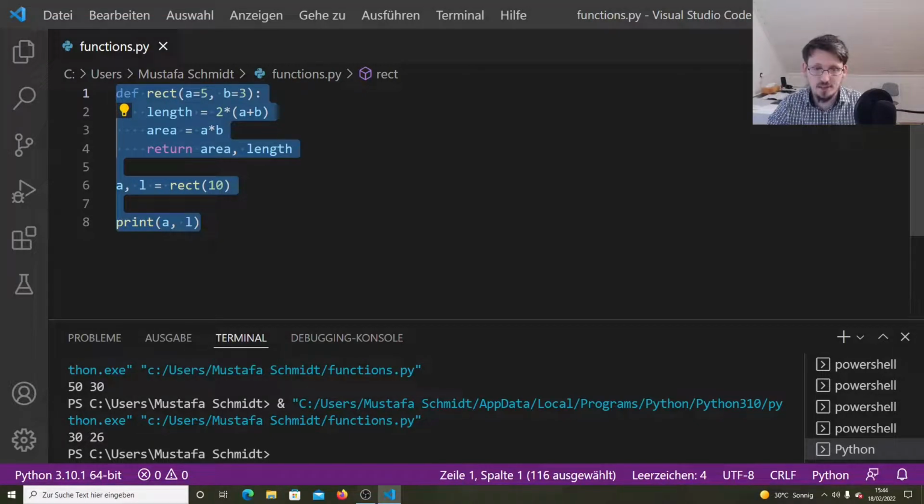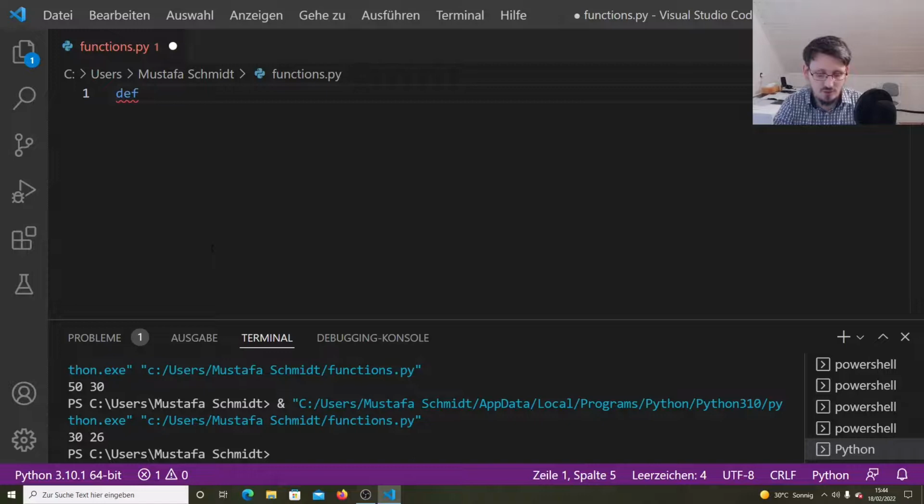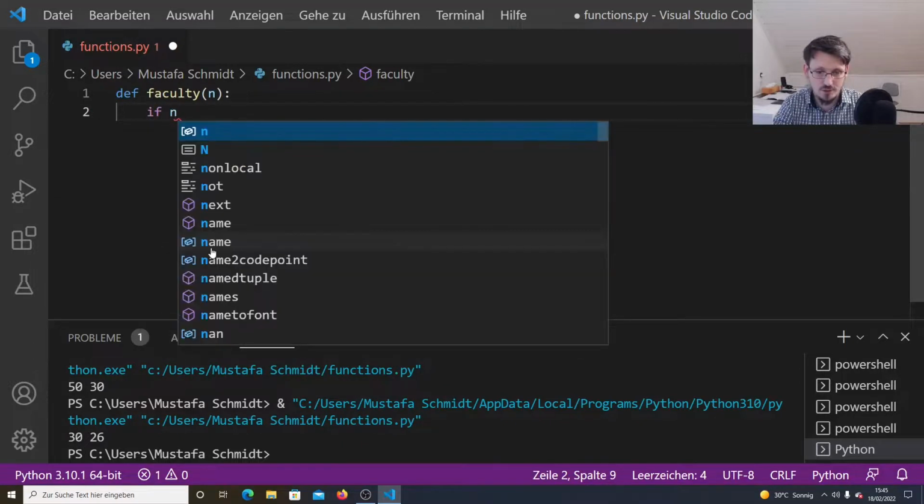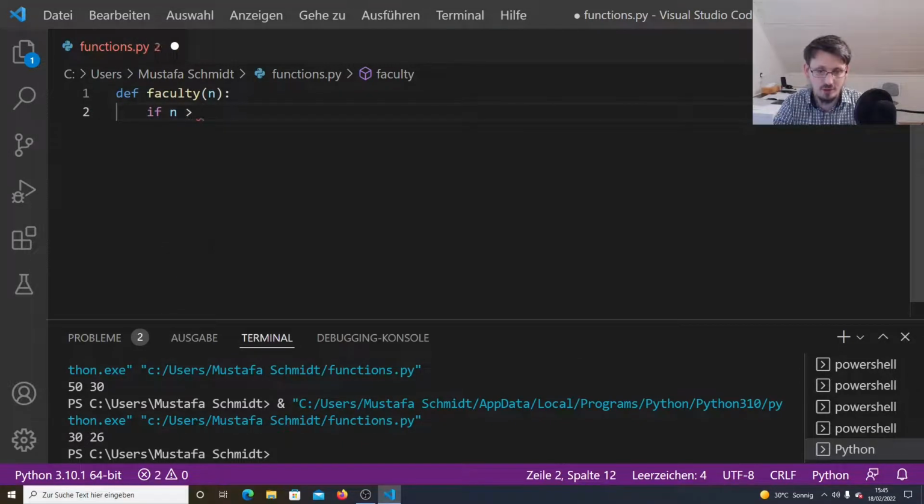Recursion basically means that a function is calling itself again and again until a specific condition is reached where it stops, and then it returns a certain value. And this we will do now. As I said, we create a new function which we call maybe faculty. I think this is the easiest recursive function that you can define, and the parameter, the argument, should be called maybe n. And then we have to insert one if condition here, which is if n larger than 0,